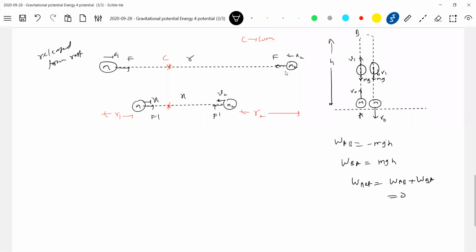I think that's the basic definition. Then F will be what? Conservative force. So here also the same idea, no? The net work done by the weight, which is nothing but the gravitational force here, is over a closed path. What do you mean by closed path? Actually, in fact, it will not turn here. It will just ascend and retrace the path. So net work done in a closed path is 0.